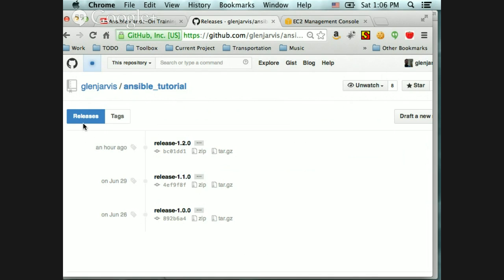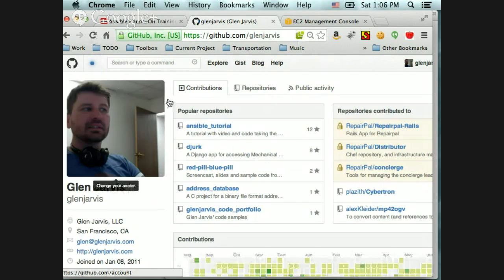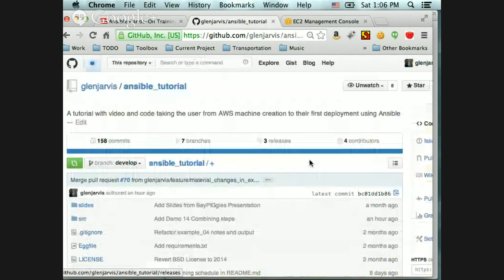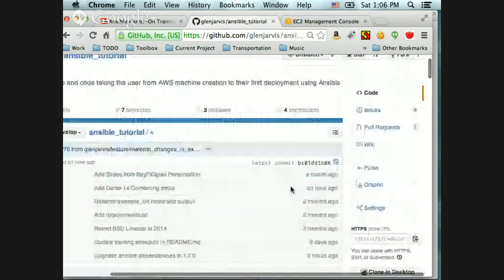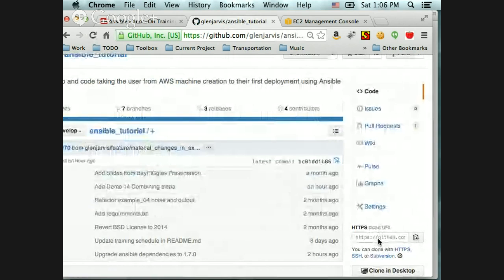All I did was go to releases, or if you really want to follow along on what all the changes are, you can simply go to git clone. This repo has a little URL on the lower right hand corner, and if you just type git clone with that URL, it'll give you all of the repo. So today will be a lot of looking at code and going through code examples. But before we do that, the first thing we need to do is point you to starting a new